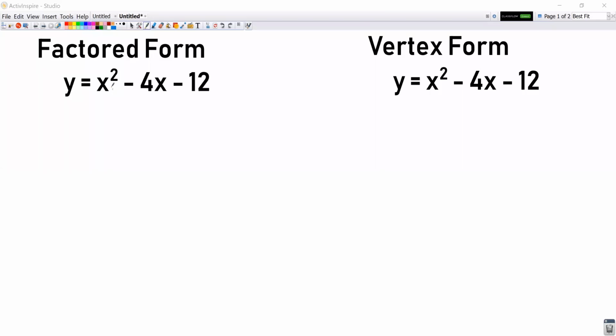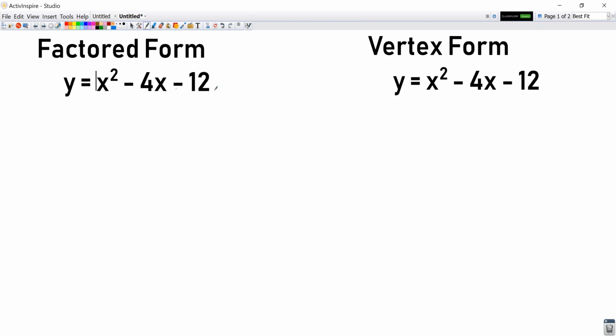Hi students, I'm making this video to help you with question 2. In question 2, you are given an equation that's in standard form. Remember, standard form is ax squared plus bx equals c, and you have to convert it to factored form and to vertex form. Factored form is what we've been doing all this time, where first you check for a GCF,